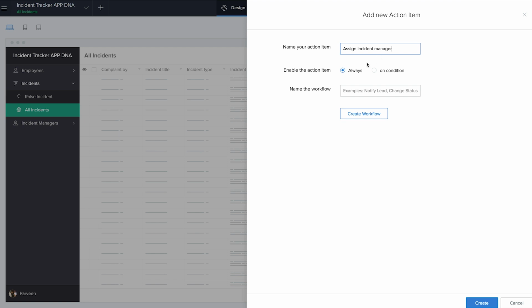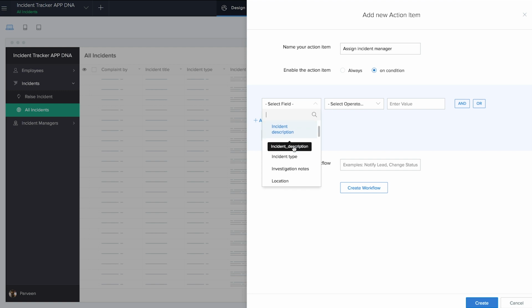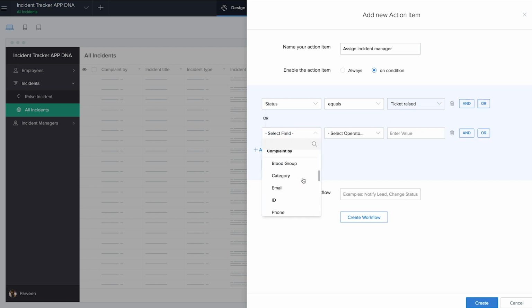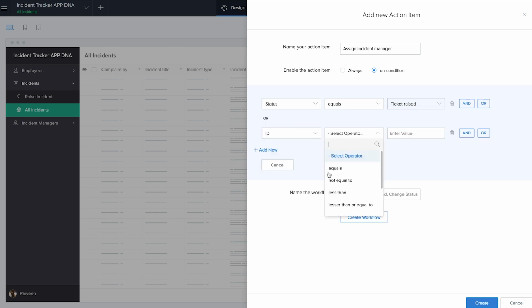assign incident manager. Enable the action item on the condition that the status of the incident is still ticket raised, it has not been assigned, or the ID of the handled by is null. That means it has not been assigned to anyone yet. Either of these conditions, this button will be activated, and I'm going to name the workflow as create workflow, add